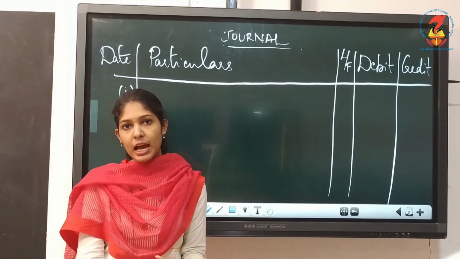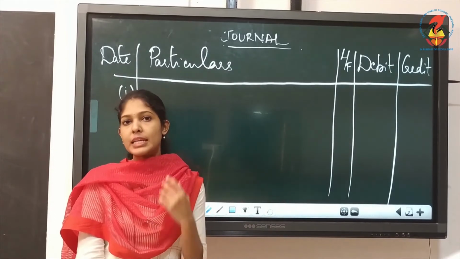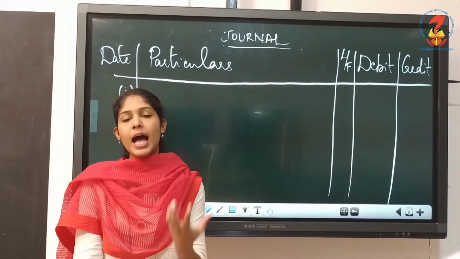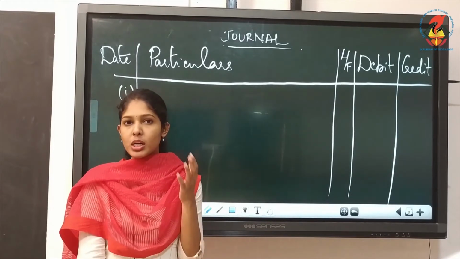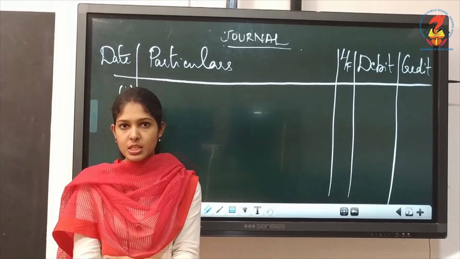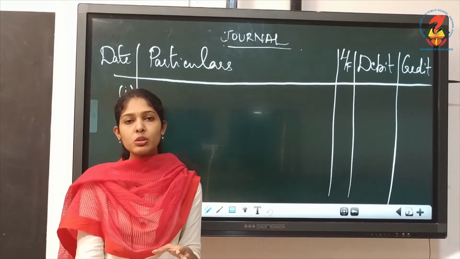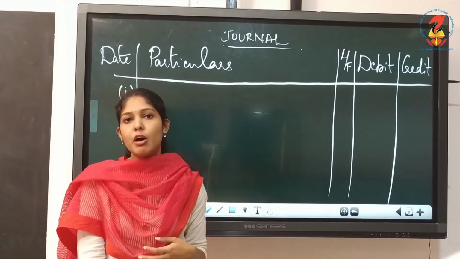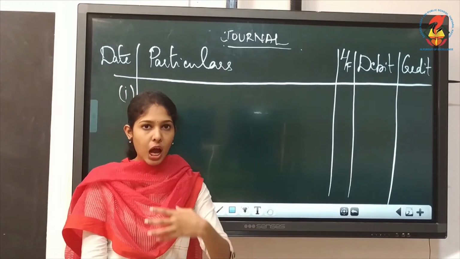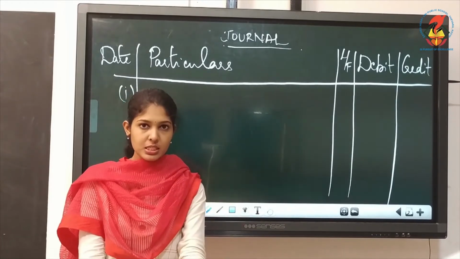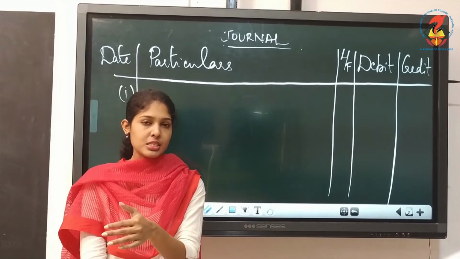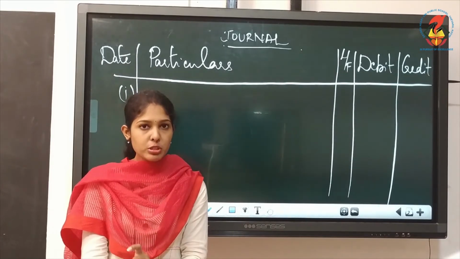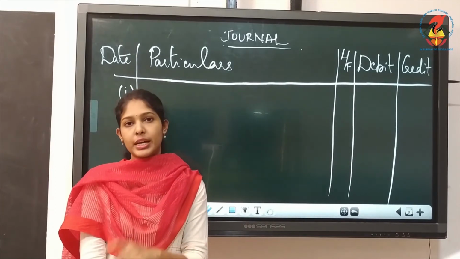Now we have to include GST also with that. So which GST we have to open? We have to write input CGST and input SGST because it is related to purchases. But are we purchasing goods now? No. The goods are being taken by the proprietor for his personal use. Goods are moving from the business. So purchases is getting credited. Similarly, input GST you have to credit.